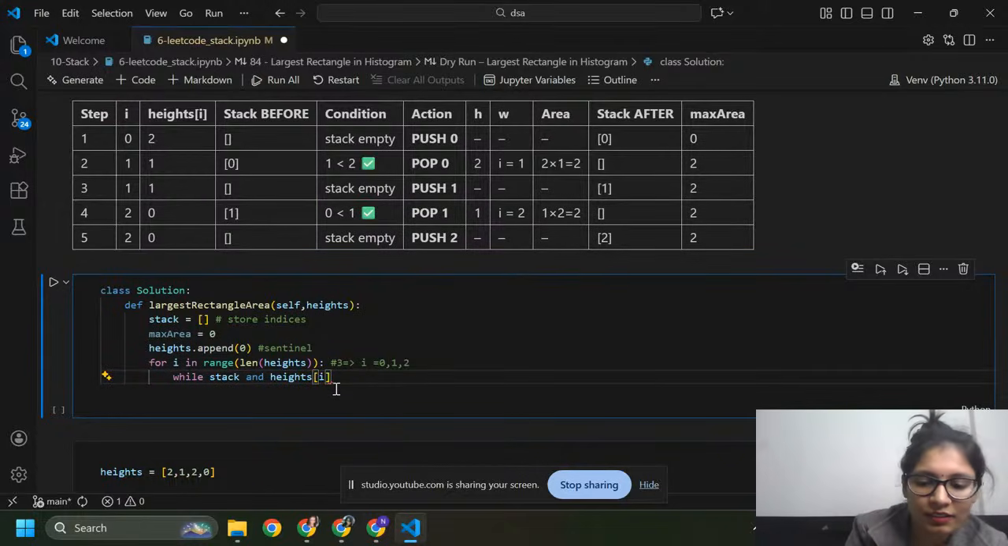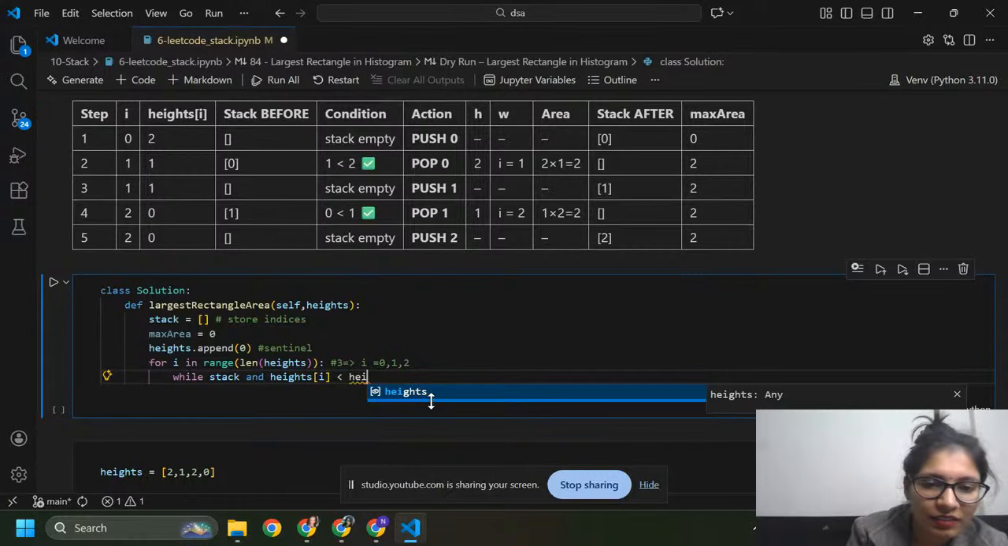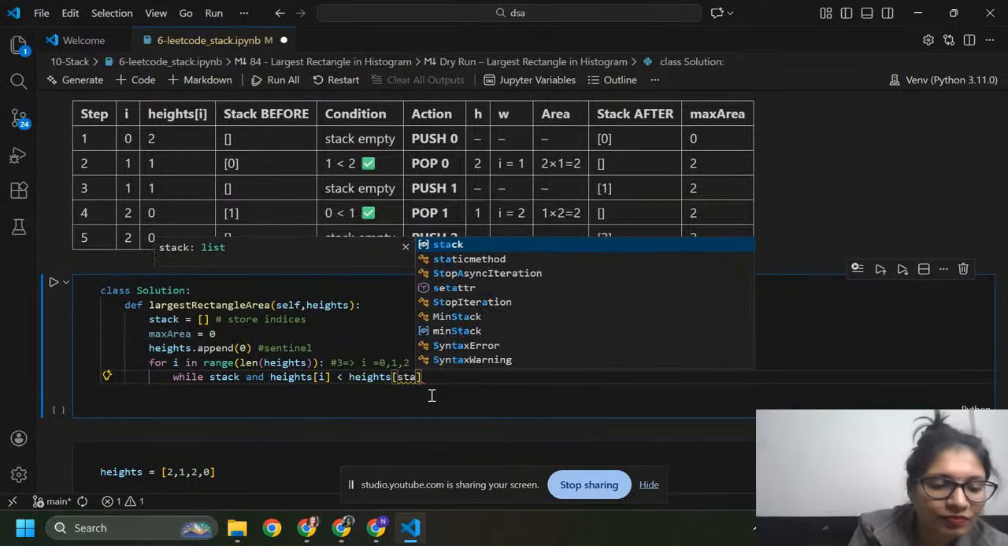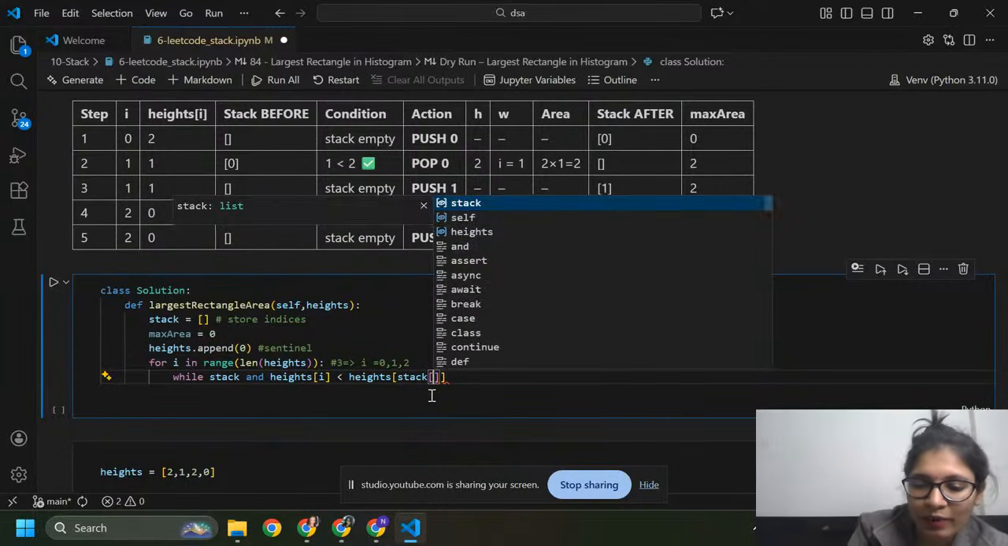Height I is less than height of stack. Height of stack means top element. Okay,